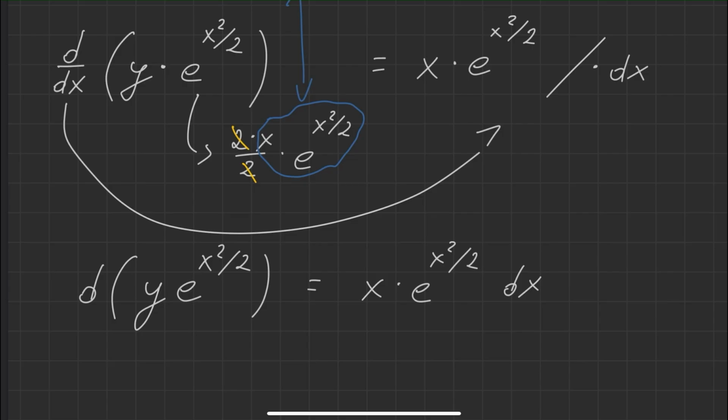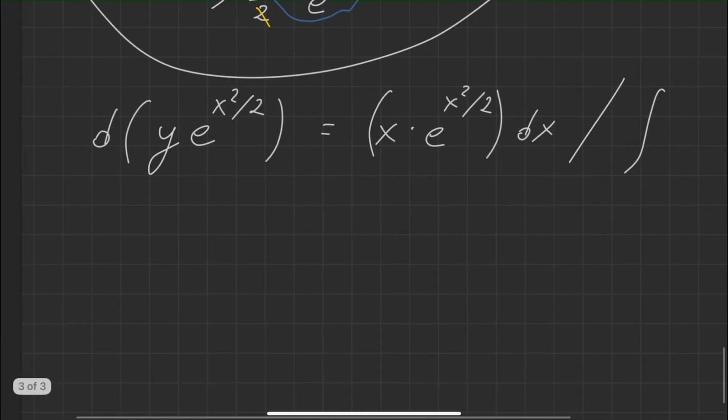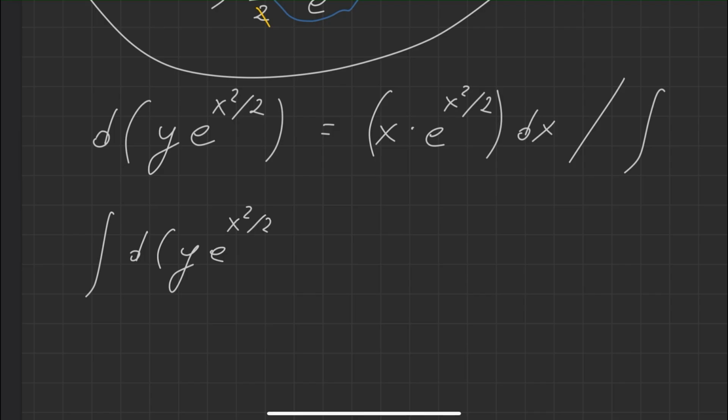And what now? Now we can take the integral of both sides, and we are left with the integral of dy e to the x squared by 2 is equal to the integral of x times e to the power of x squared by 2